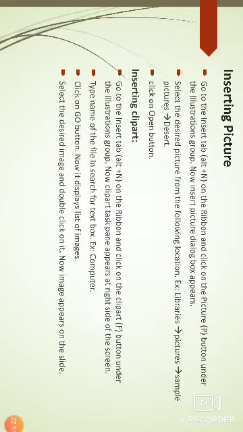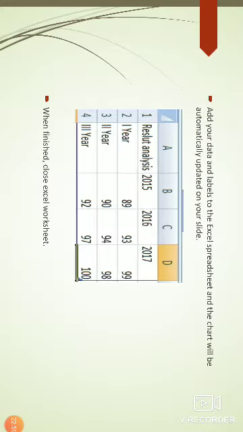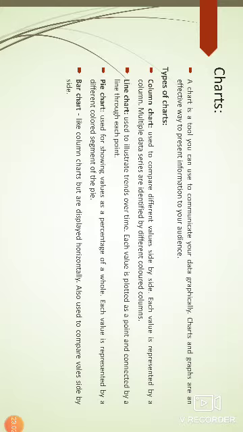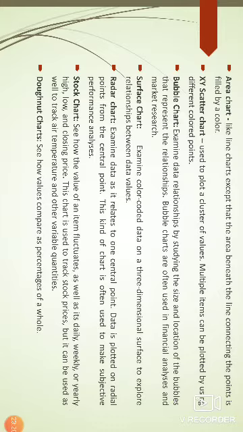A chart is a tool you can use to communicate your data graphically. Charts and graphs are an effective way to present information to your audience. We have different types of charts: column chart, line chart, pie chart, bar chart, area chart, XY scatter chart, bubble chart, surface chart, radar chart, stock chart, donut chart.